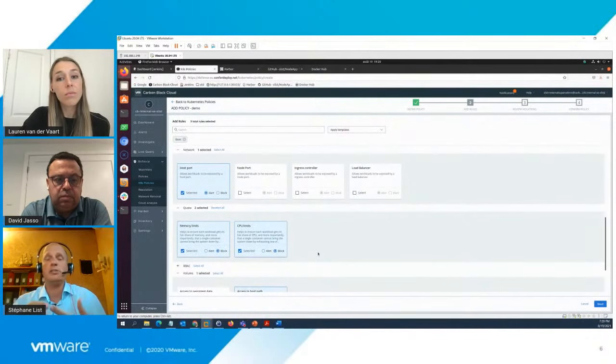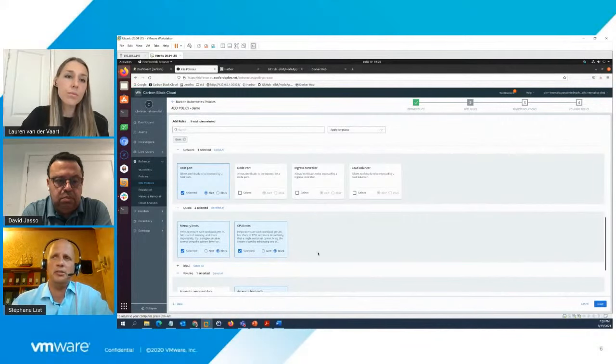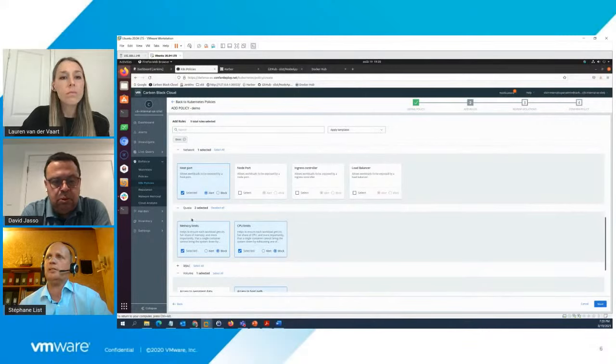Because in all organizations containers have a lot of CPU and memory, it is a really nice target for the attacker, since there is a lot of CPU power to mine Bitcoin. So here we will create a policy that will block if there is no memory limit or no CPU limit when we try to deploy Kubernetes containers.